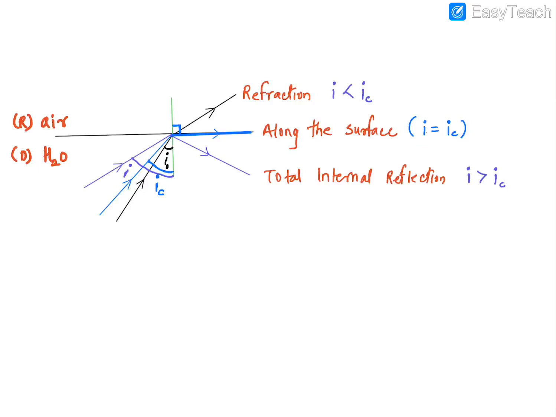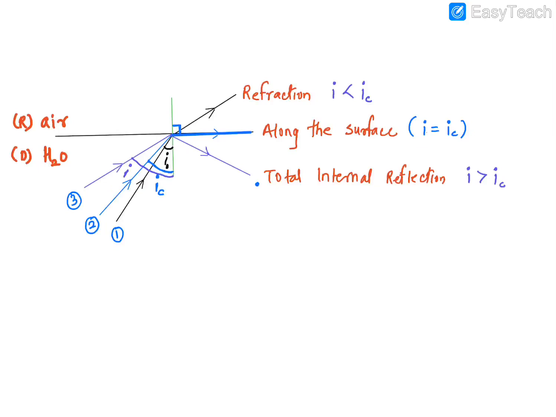So I'll repeat once again, there were three different cases we did. Case number 1, case number 2, case number 3. As we go from case 1 to 2 to 3, we keep on increasing the angle of incidence, and you notice the difference in the refracted ray. The refracted ray keeps going away from the normal, then it goes along the surface, and then it goes through reflection. Now when the light ray goes through reflection, remember there is no refraction at all. In total internal reflection, there is no refraction, there is only reflection.